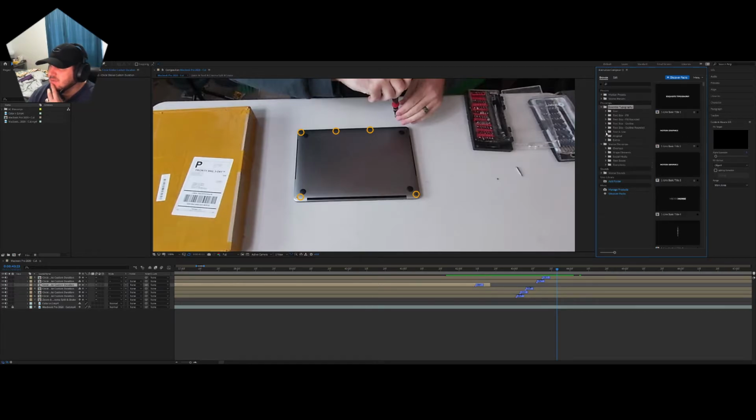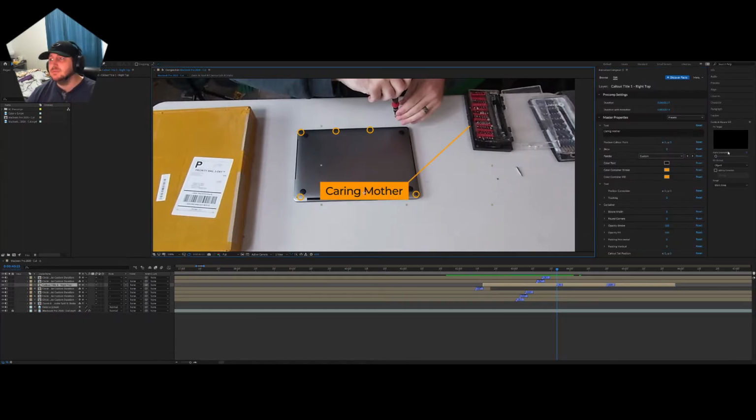So what I'm going to be looking for is, we want, not quotes, I want callouts. Fill callouts. Okay, so let's do this one. The tail's going to come off on the right. So add that there. Caring mother. See right over here in my options, I can change this. He's going to want something like